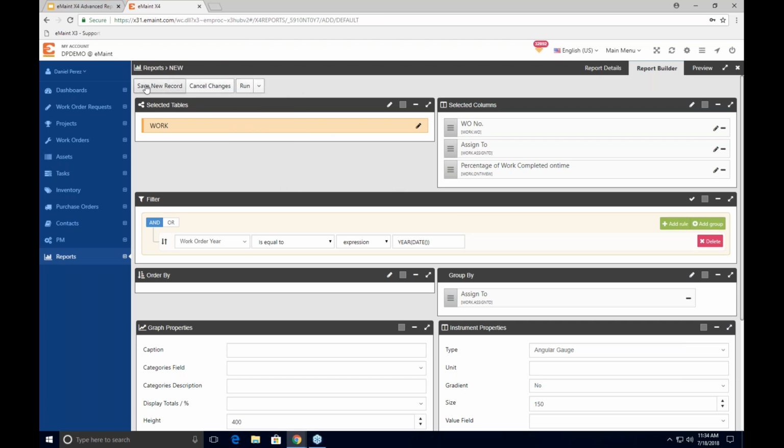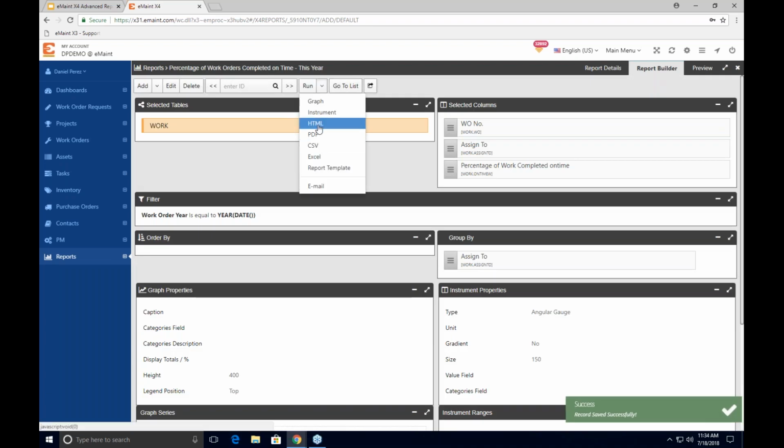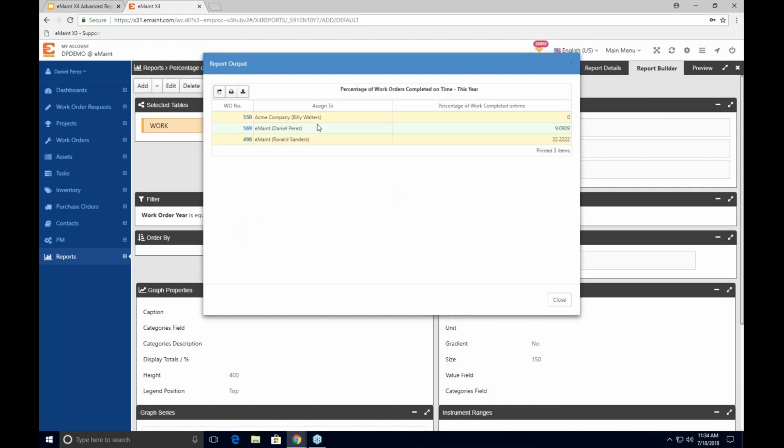And let's go ahead and save this. And here we're going to run this. So now we have a view of the total work orders that were completed on time per person. So we have Billy's work orders were 0, but as you may have noticed before, we didn't have that many work orders for Billy. So this may not be an accurate representation of how many work orders he's been